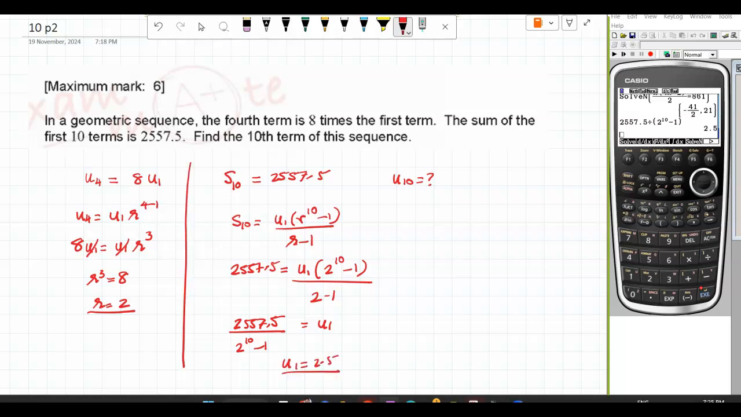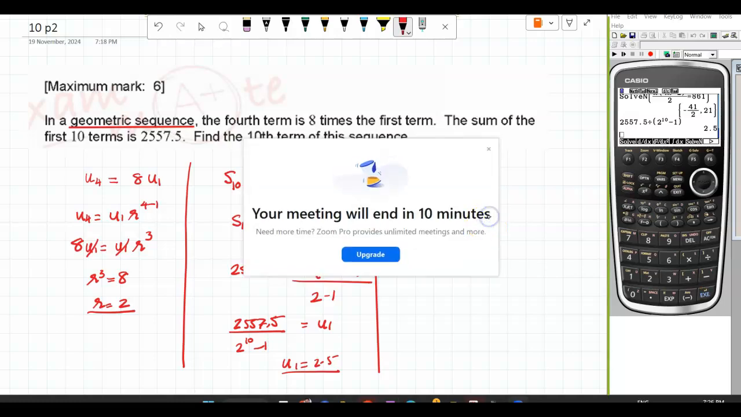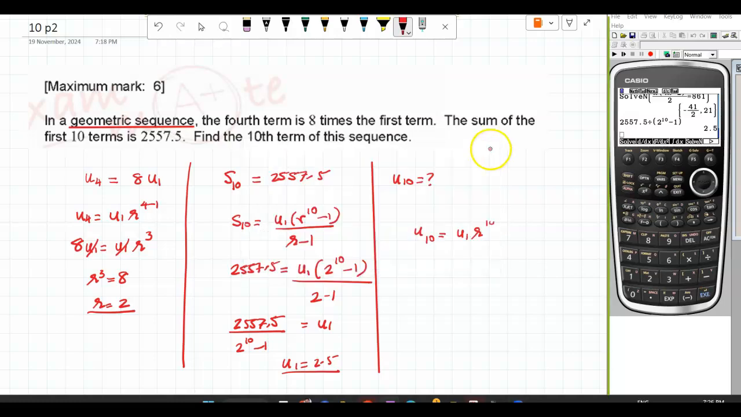Correct? Now the 10th term. So don't forget it's geometric, underline it. In exams, children make a mistake here. So my 10th term is equal to U1 R raised to n minus 1. So U1